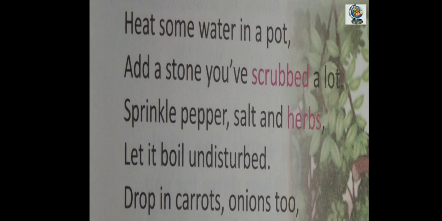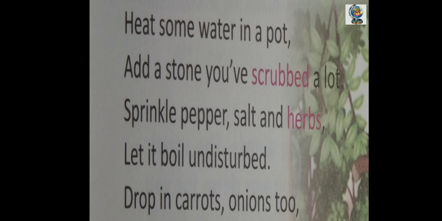Do you want to have it?" Then the villager says, "Okay, wait. I have pepper at my home, so we will sprinkle pepper inside it for a good taste." So he went to his home, brought pepper and sprinkled it in the pot.